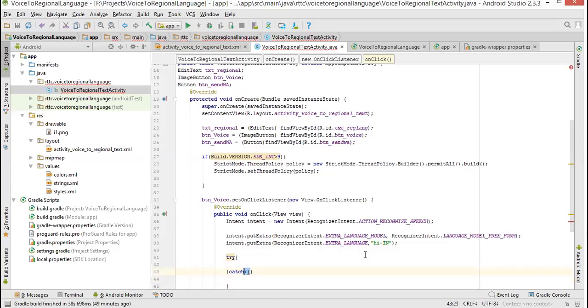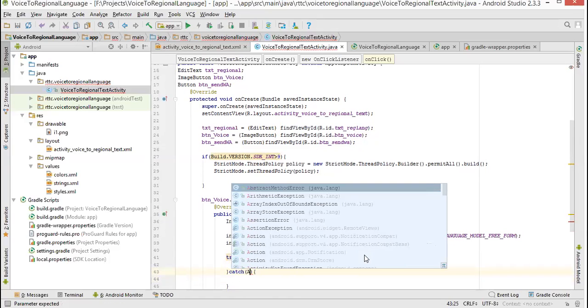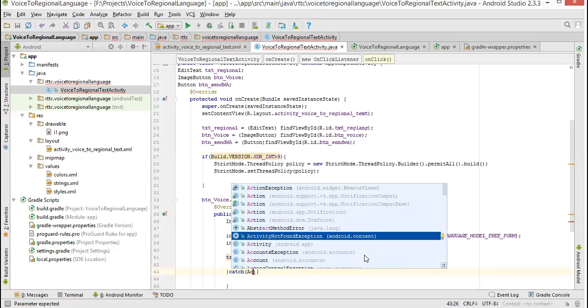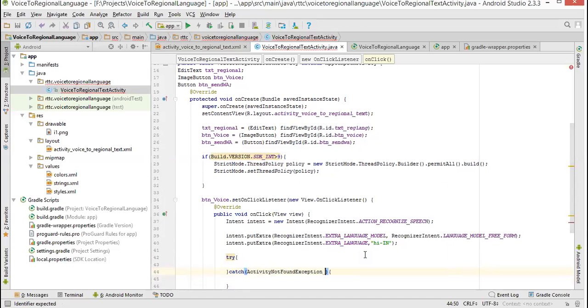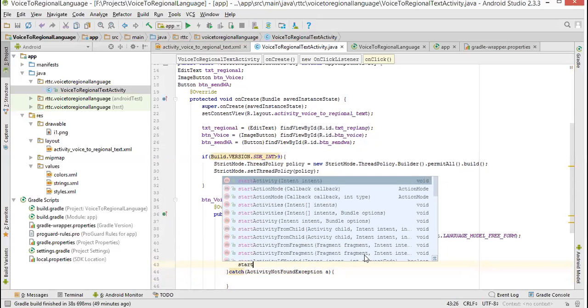Here you have to catch ActivityNotFoundException. You name it as some a. And you go to the try. In the try, you start your activity for result with this intent.